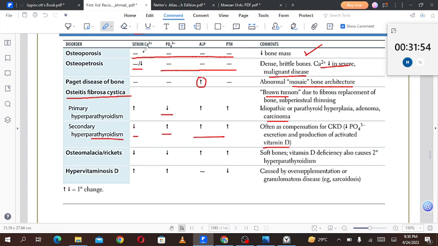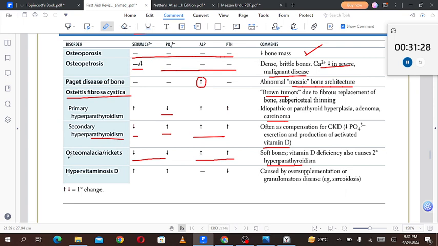Osteomalacia and rickets will decrease the level of serum calcium, decrease phosphate level, and increase alkaline phosphatase and parathyroid hormone level. So the person will get soft bones. Vitamin D deficiency also causes secondary hyperparathyroidism. Soft bones and vitamin D deficiency will also cause secondary hyperparathyroidism. Hypervitaminosis D: increased serum calcium, increased phosphate level, and in hypervitaminosis D,